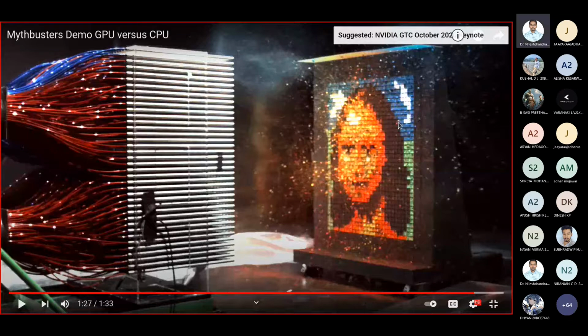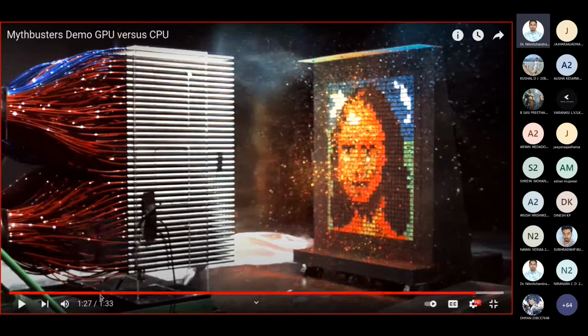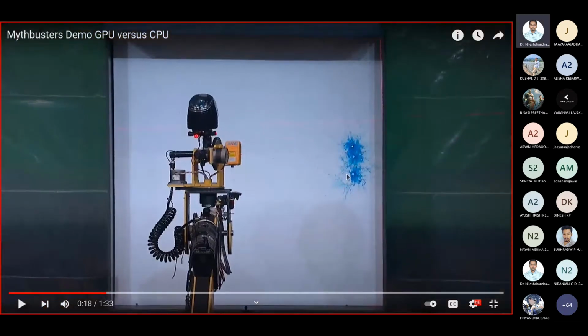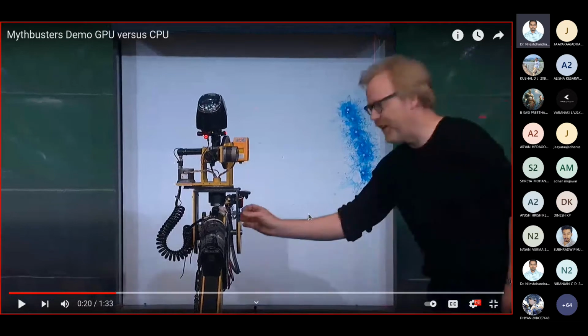Right? Now I'll quickly go back and play some portion of this video again. Here they demonstrate how a CPU works step by step, in a sequential manner. Now they started this application and you can see this gun is throwing one paintball at a time, right? That is sequential. That means first it is throwing a paintball at this location, next at this location, followed by the next, and so on. It will paint.